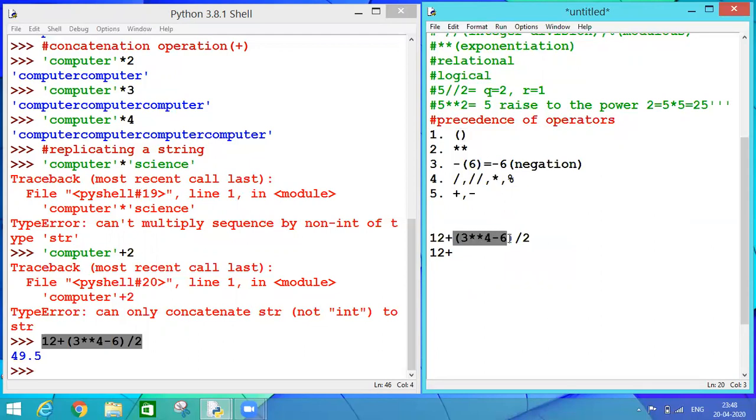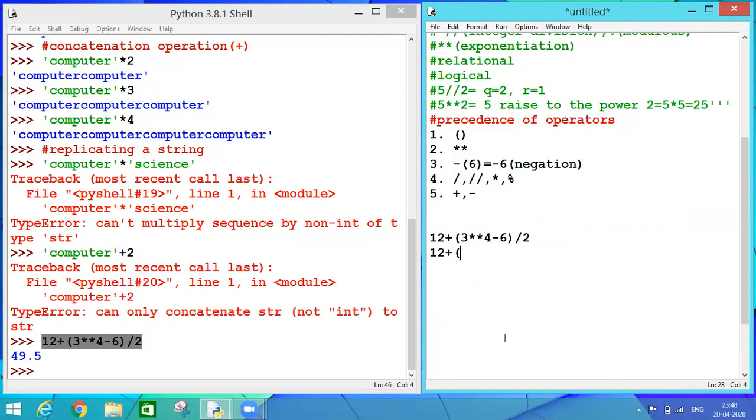So if we check in our expression, one more expression is there inside my parenthesis. So my responsibility is to open my parenthesis first. But inside that, again, I am getting two operators. One is exponentiation and one is subtraction. So according to my precedence level, I should give the priority to my exponentiation, which means 3 raised to the power 4.